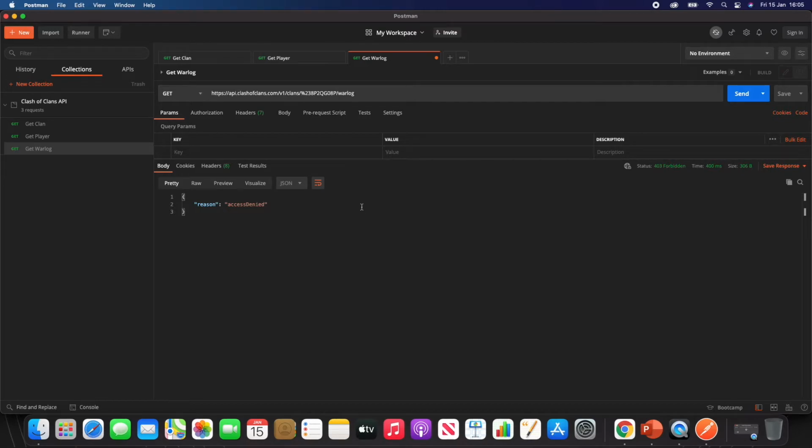What I can try in this case is to change the warlog. One reason could be that I'm assuming right now that the warlog is set to private. So when it's set to private, that's why the API result is not allowing me to access the warlog. I wouldn't assume, and I would go in there and investigate further just to confirm that there was nothing wrong. But in this case, just to keep the time short, I'm just going to test another